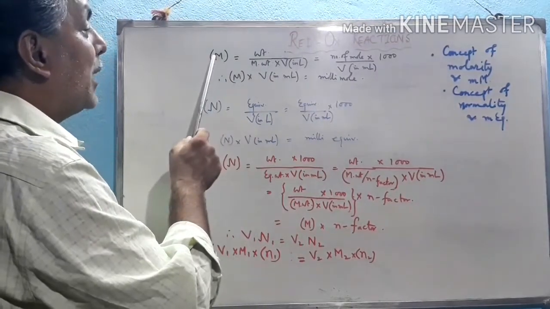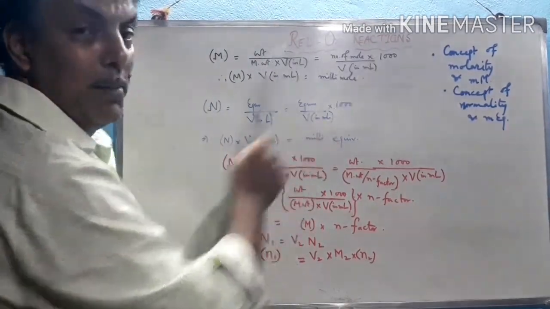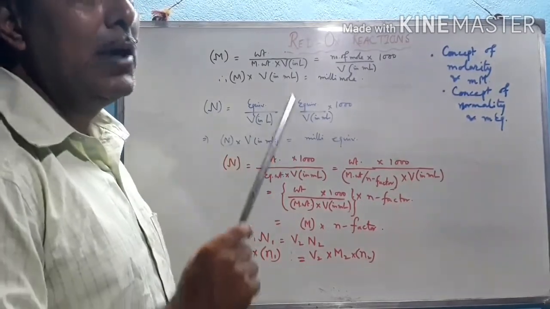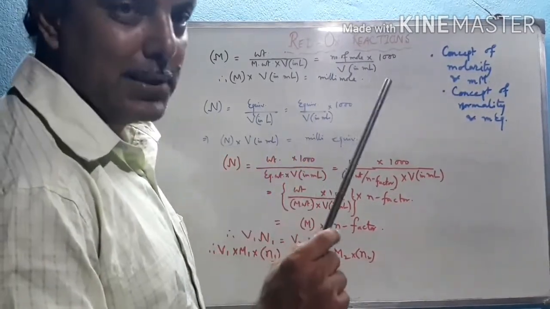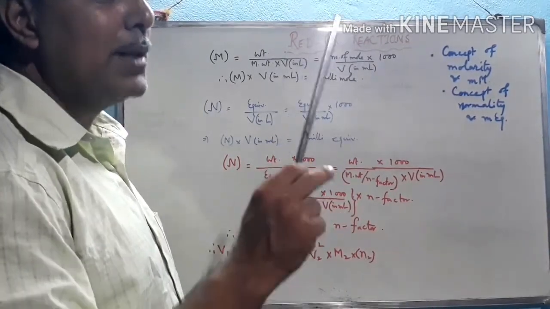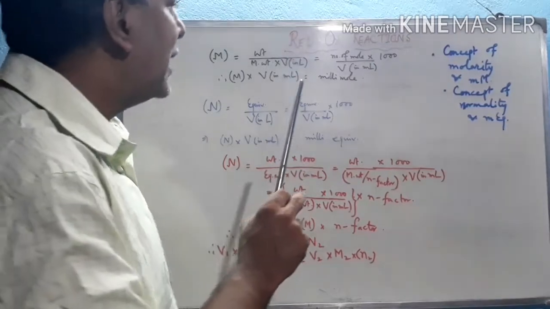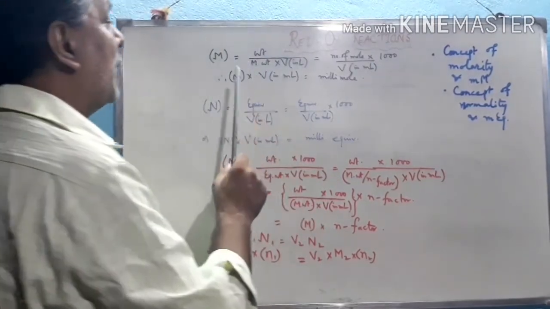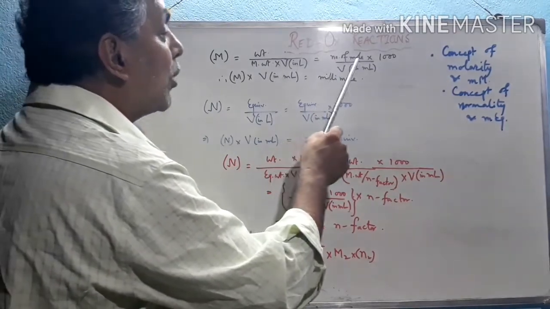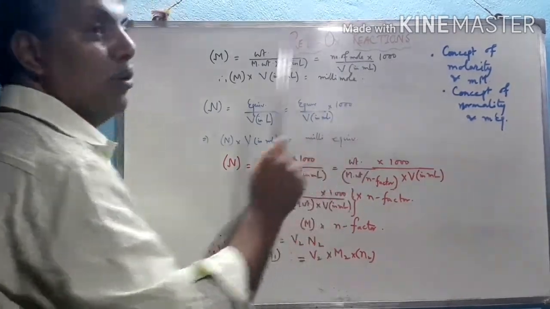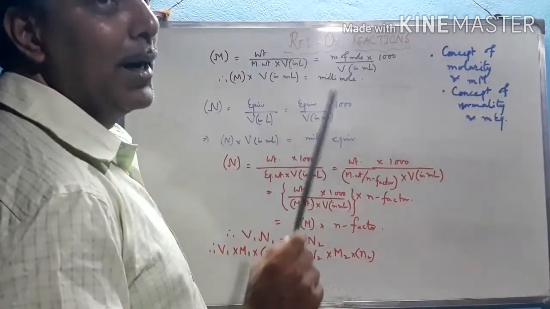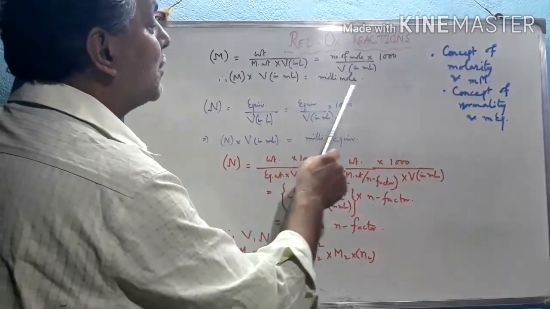Therefore, if we multiply molarity by volume in milliliter, because strength into volume denotes the mass, the amount of substance, and we know that according to the law of conservation of mass, mass must be conserved in a chemical reaction, redox or whatever it may be. So molarity into volume in ml equals the number of moles into 1000, which is called the millimole. If we take the volume in milliliter, then it becomes millimole.